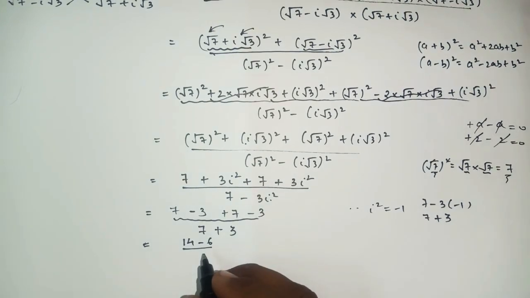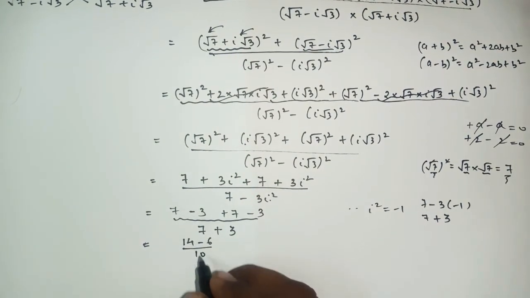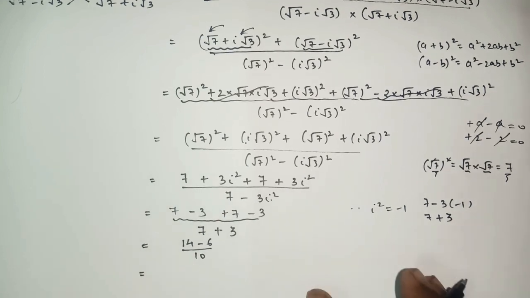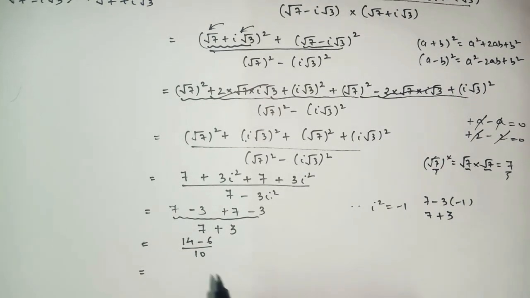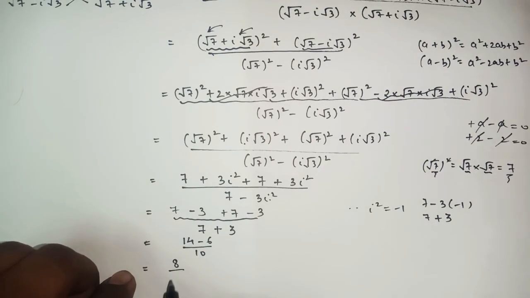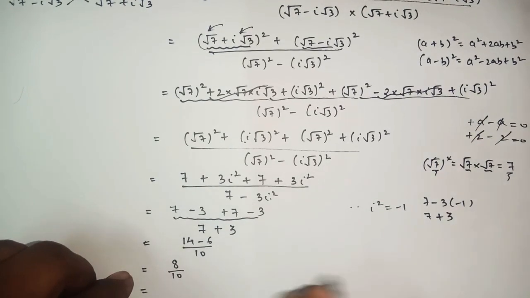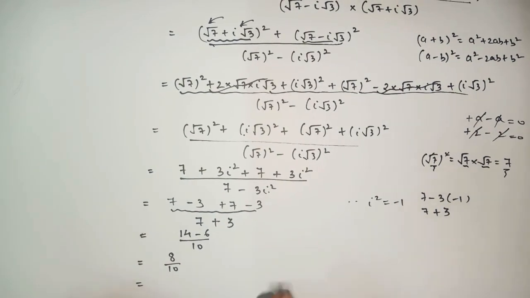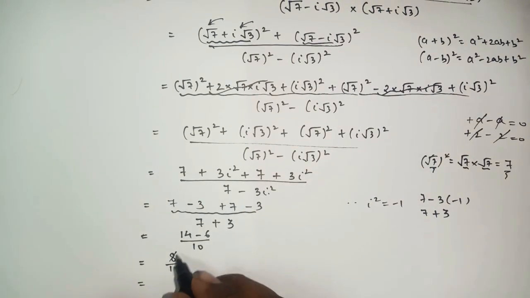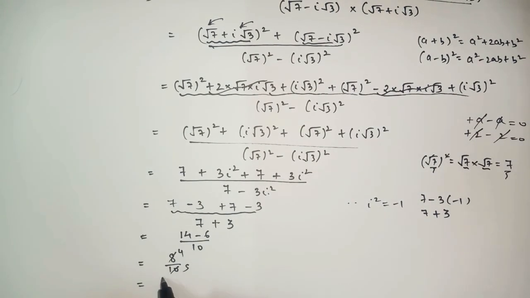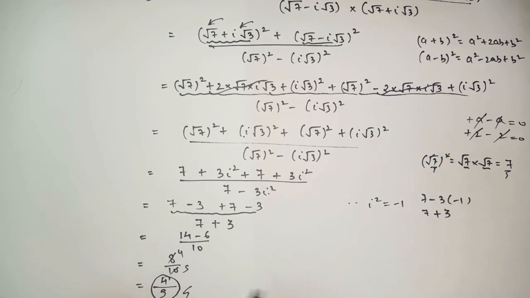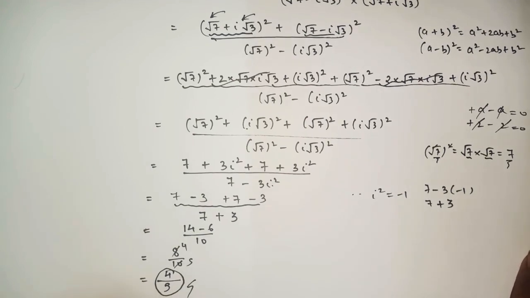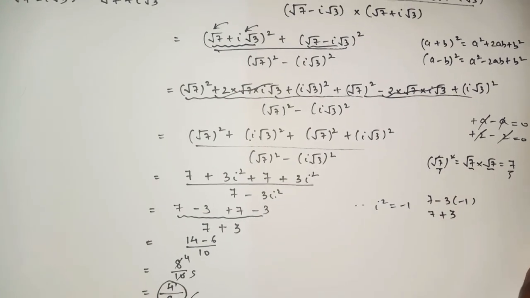7 plus 3 is 10. So here, further, 14 minus 6 is 8 upon 10. As both are even numbers, we can reduce the number further. So we can write 2 4s are 8, 2 5s are 10. So we come to the conclusion that the final answer for this sum is 4 upon 5i. And here clearly we can see that this 4 upon 5i is without i, as we